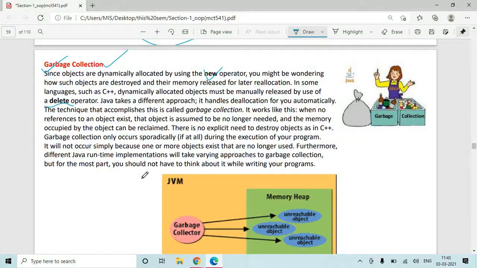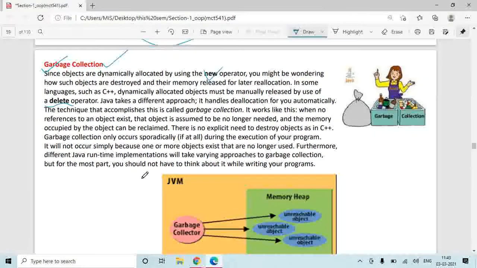Let's say you have written 1,000 lines of code, and in the second line you have created a few objects, say 5 objects. In the remaining portion of the code, you are referring to objects 1, 2, and 3, but you are not using the 4th and 5th objects for a long time, and in the rest of the program they are not getting used.